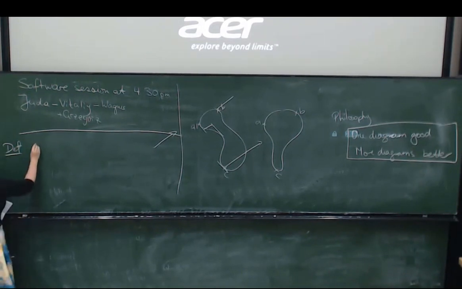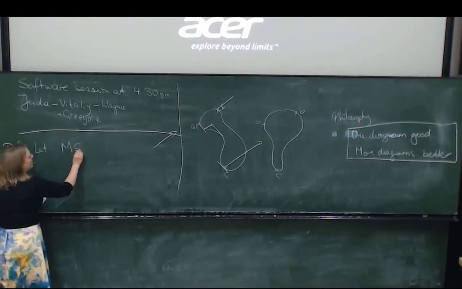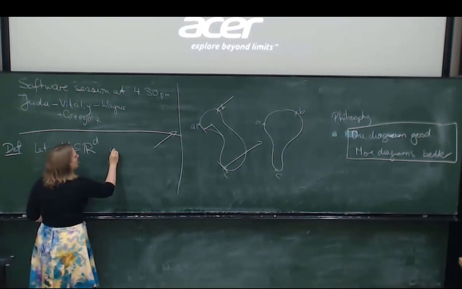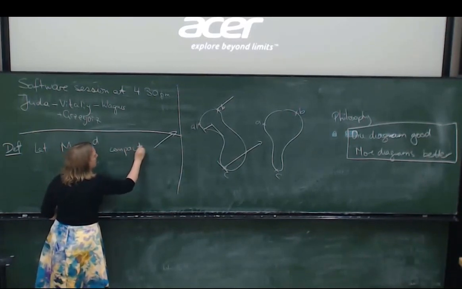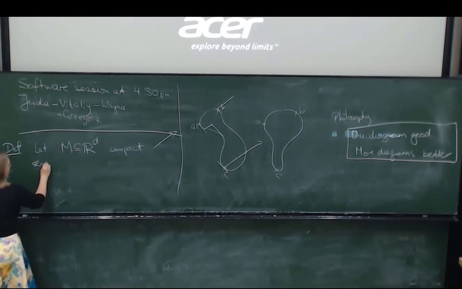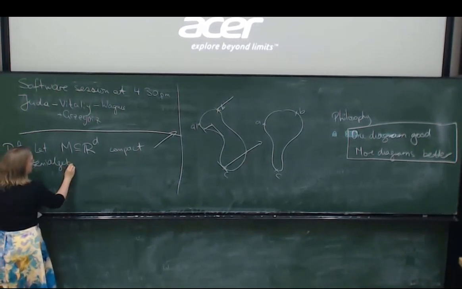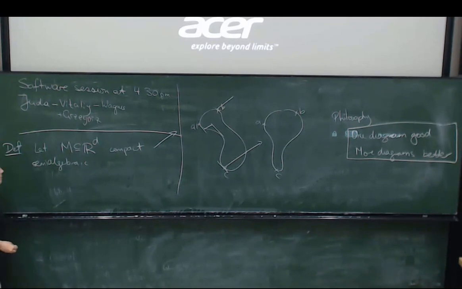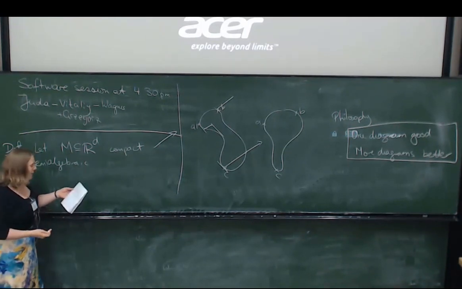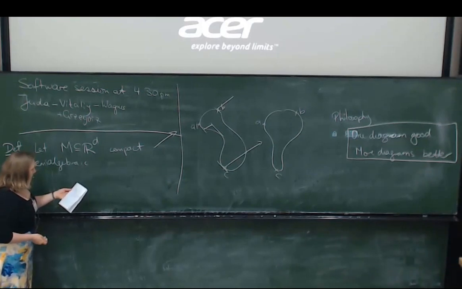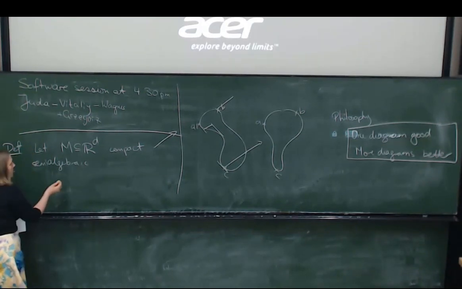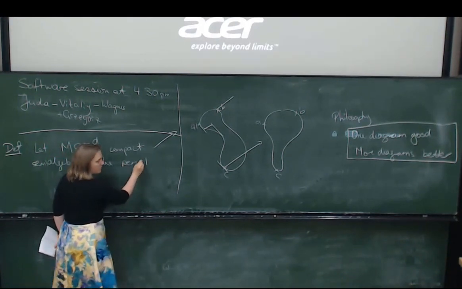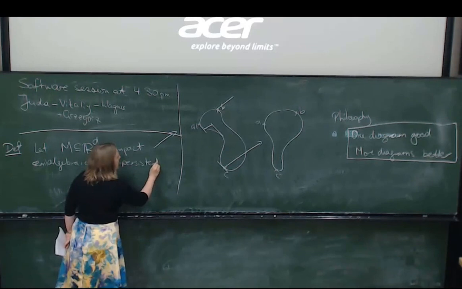All right, so I'm not going to do this for any old shape. I'm going to have a shape, and I'm going to assume it's reasonably nice. And by reasonably nice, I'm going to say it's compact and that it's semi-algebraic. So I've got some subset of Euclidean space that is not too bad, so at least things will be defined. And then I say that the persistent homology transform, which I will from now on just write the initials, PHT,